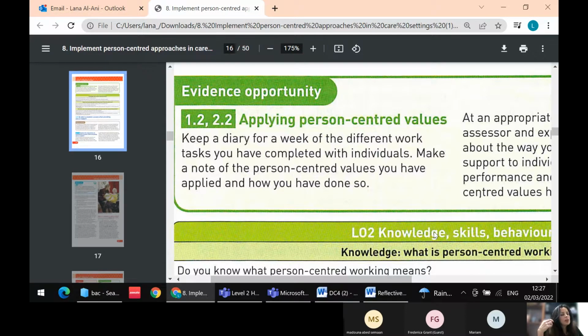So I kept a diary for a week of the different tasks I did for the clients. Also, whenever I had the time, I used to sit with the clients, and I found lots of information about each one of the individuals, which helped me a lot. So when I was sitting with Mr. X, I learned lots about his history and how he worked as a helicopter engineer,